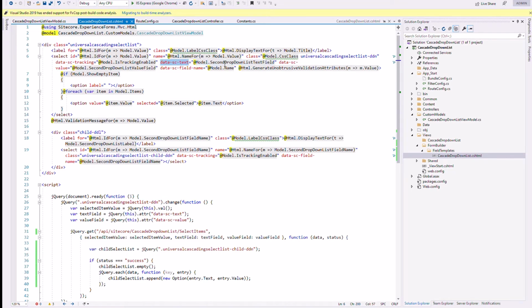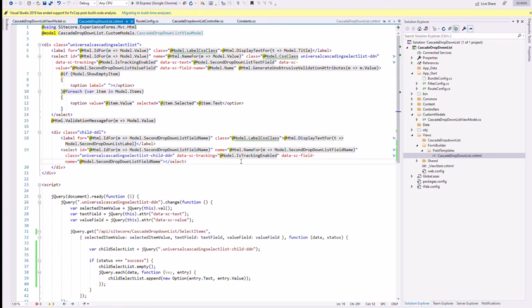I will show you what will be the use of that, and why I have created the attributes for that. So these are the options that will be used for the first drop down, and for the second drop down list I have added the same, and I'm binding it with the second drop down list field name, and this will be the same for the select text also.